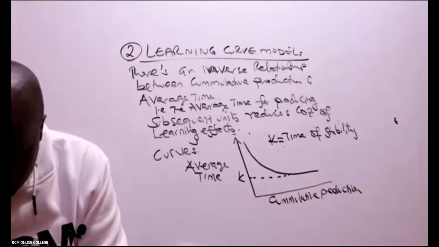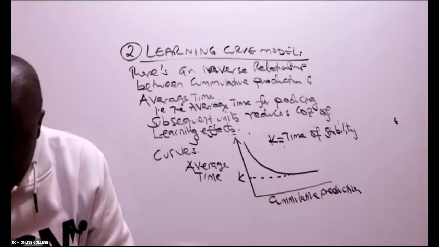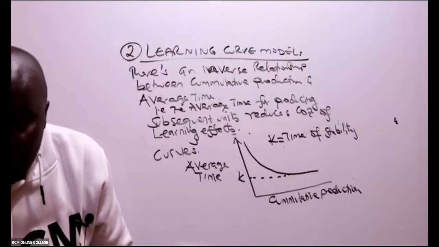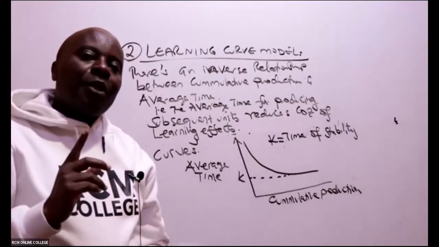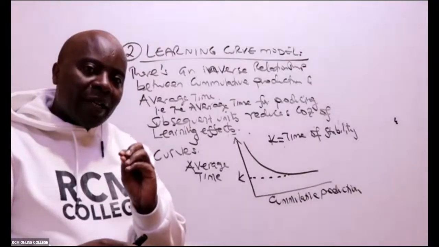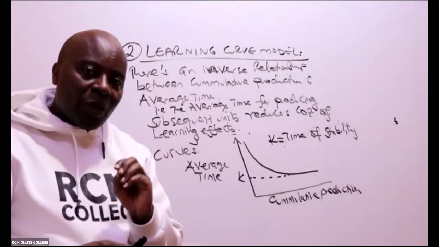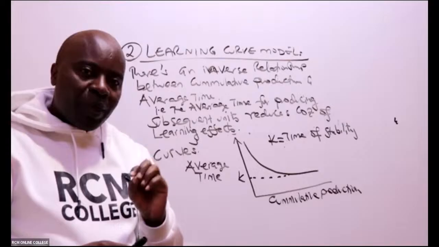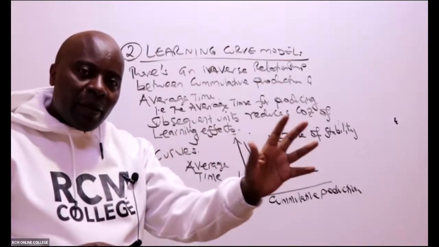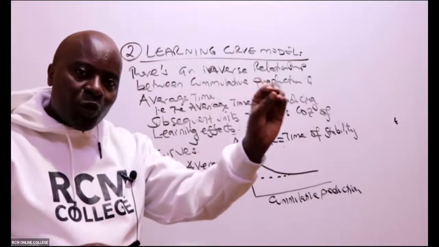K is the time of stability. Now, please listen to me very well, ladies and gentlemen. Look at the example of our carpenter. If this carpenter, for example, took 10 hours to make the first chair, he took 8 hours to make the second chair, 6 hours to make the third chair, 4 hours to make the fourth chair, 3 hours to make the fifth chair, and 2 hours in this case to make the seventh,